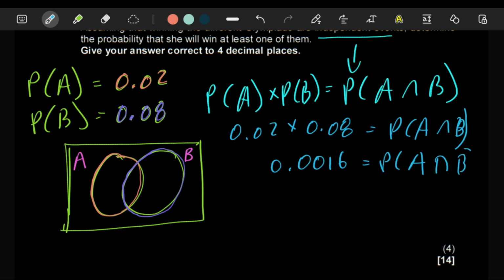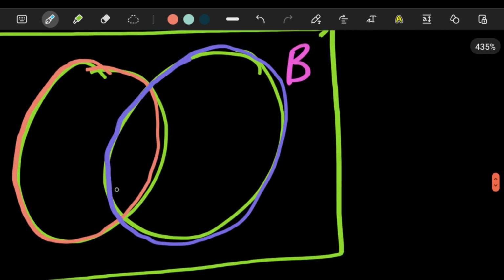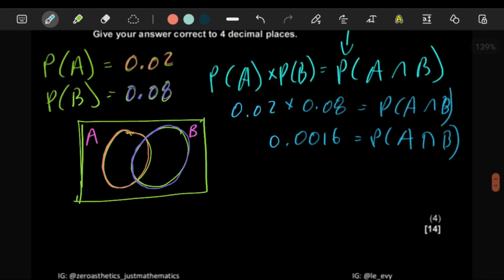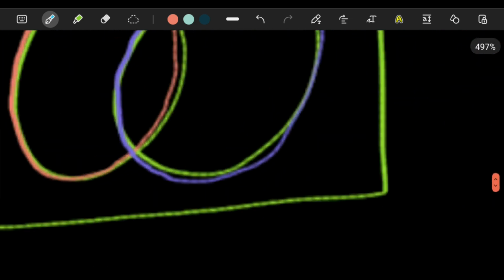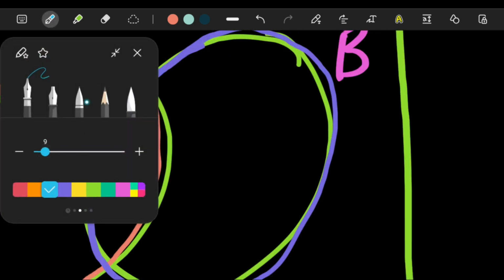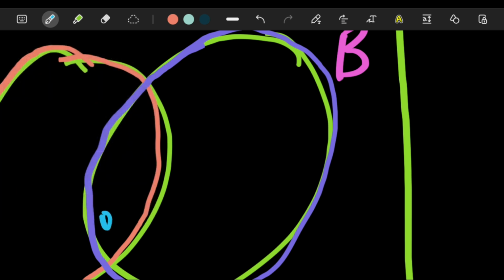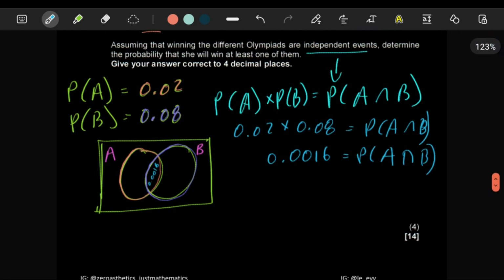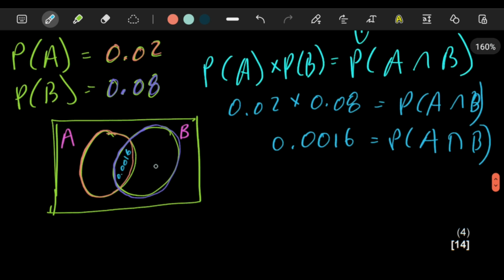Anyways, with this being said, you can go ahead and throw in this number here. I don't even know how to put it in, but it's so tiny. I'll just put it in sideways, and let me make this much smaller. 0.0016, that's the probability of winning both of them. Now we can put in this probability and this probability, because the orange one has to add up to 0.02. So 0.02 minus the value in the middle, 0.0016, gives you